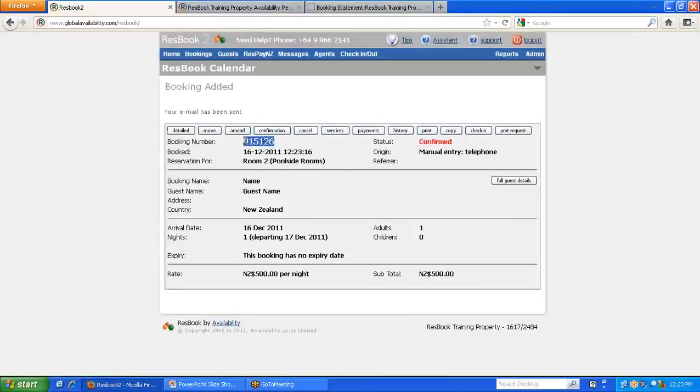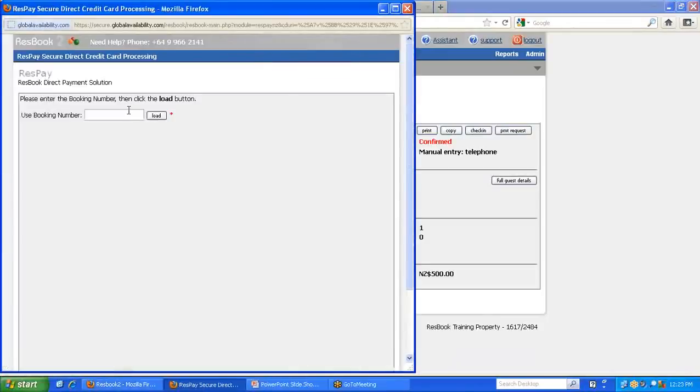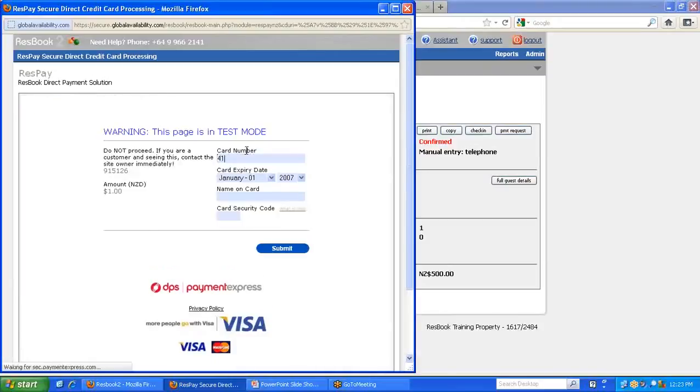While we've still got our guests on the phone, we're going to copy that booking number, click up onto ResPay New Zealand and load that booking, and you'll notice this page looks very different to the one we saw before. This is because the credit card details haven't been entered for this booking yet. So while we've got our clients on the phone, we can gather their information